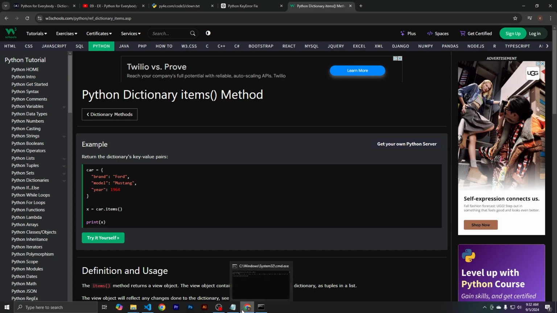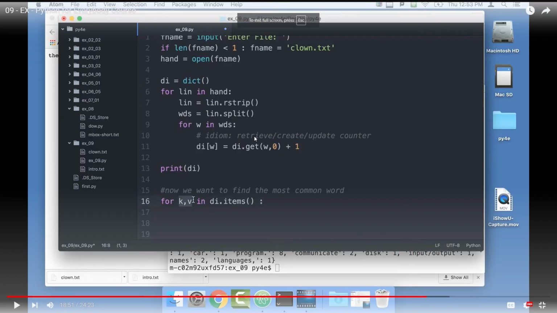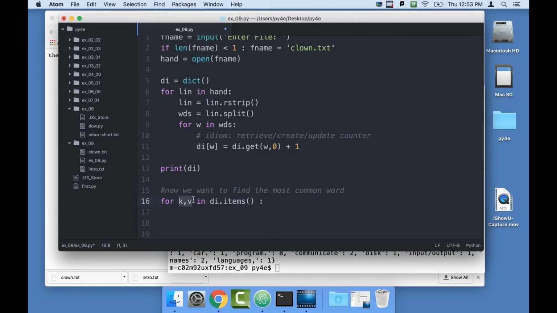All right. So let's watch. Where were we? Right here. Let's watch this. So this is like an assignment statement for K and V. K and V take on the successive values for the keys, the key and the value. Okay. So if I just now print K comma V,